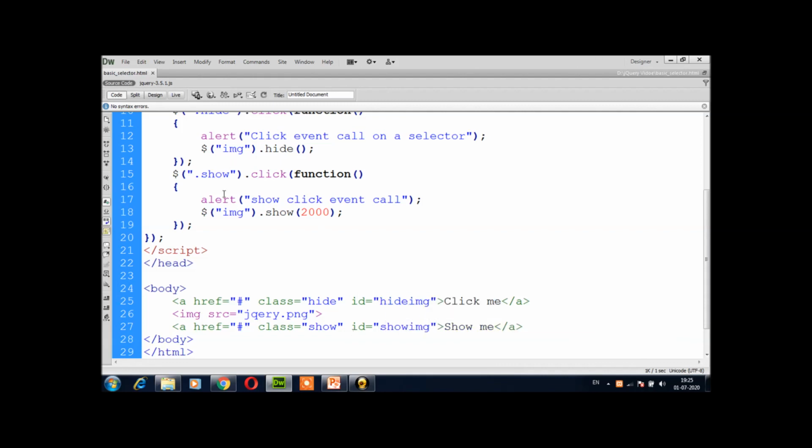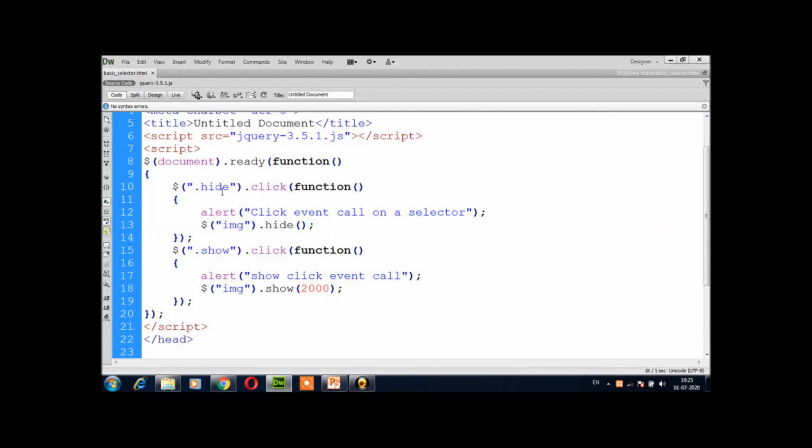Now I am going to define these two ids as my event. Now no need to change in code, I just want to change my selector. Whatever the effect I am going to do with class, the same effect it will perform with id. So I define here as hide image